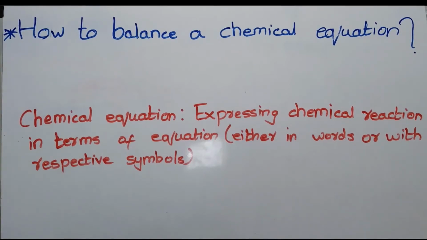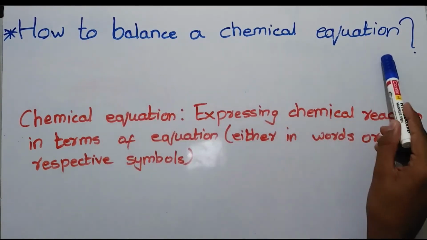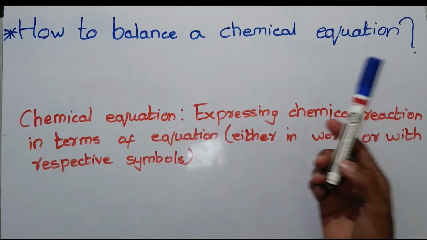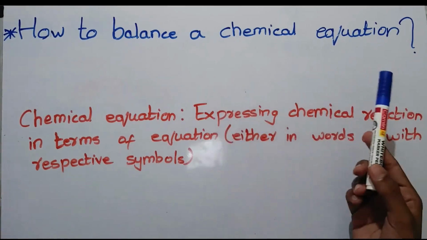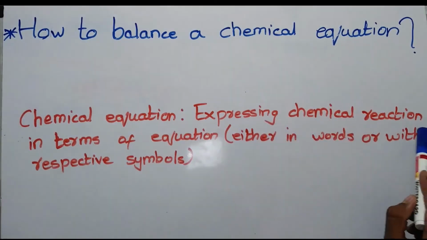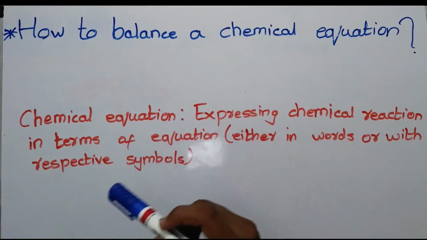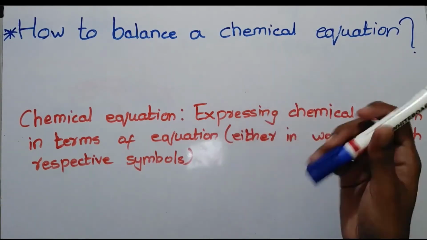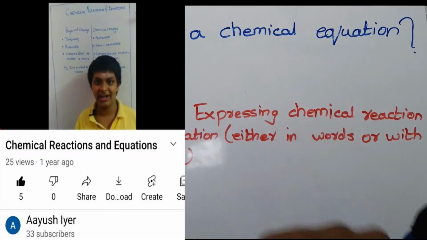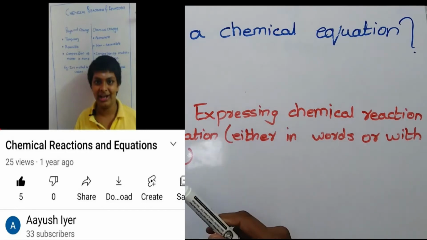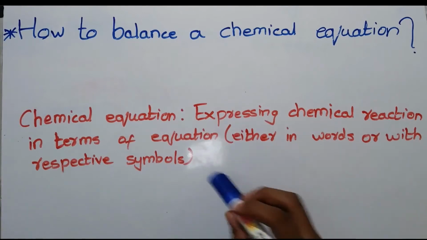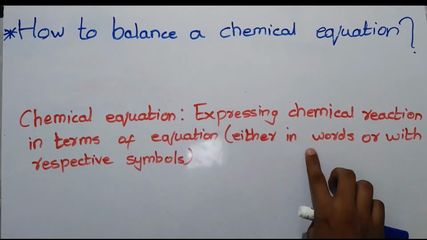In today's video, we will see how to balance a chemical equation. Now, we all know that a chemical equation means a chemical reaction where we react two reactants and we get a product. Expressing such a chemical reaction in terms of equations, like Fe2SO4 plus, we will learn about that later also, but I have also made a video on this topic. You can get that video in the I button up, so do check out that video to understand this video better. And this equation can be expressed in terms of words.